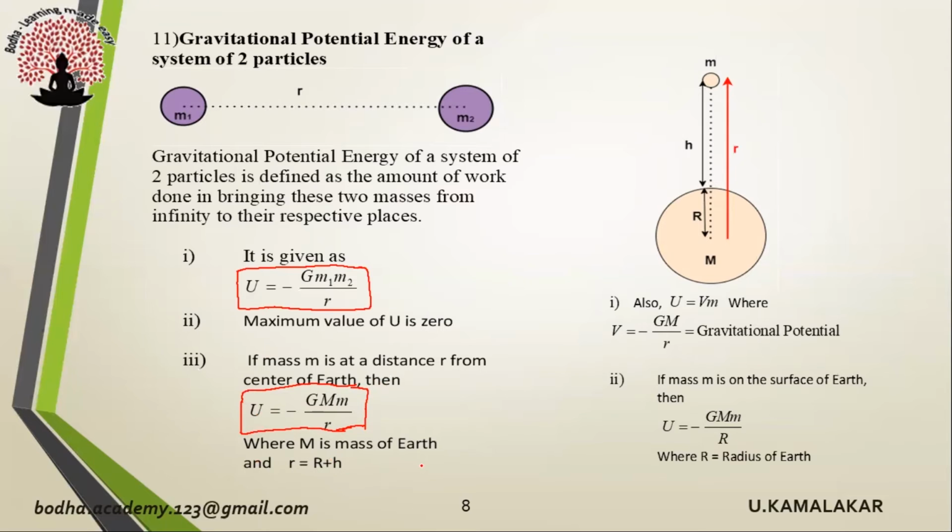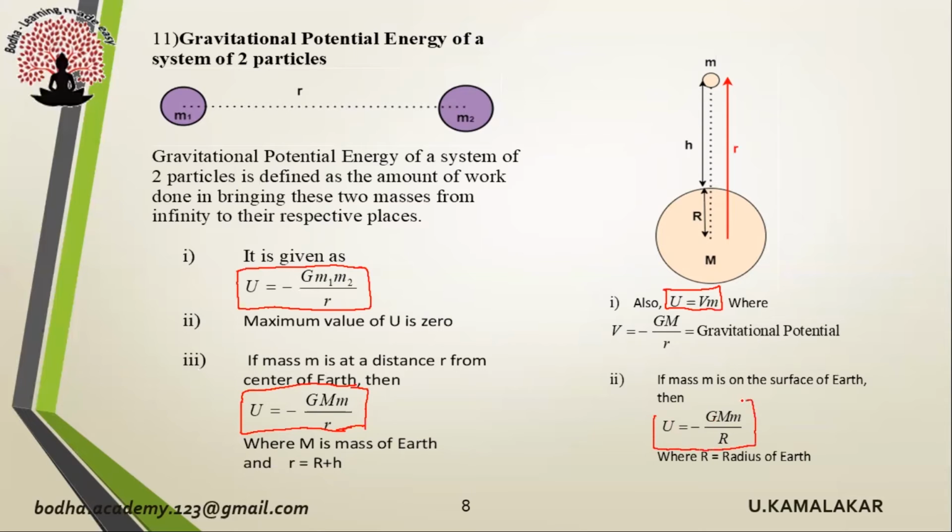Where capital M is mass of Earth and small r is equal to R plus h. Capital R is radius of Earth and small r is distance between Earth and object of mass m. Gravitational potential energy is also given as U is equal to Vm, where V is gravitational potential. If mass small m is on the surface of Earth, then gravitational potential energy U is equal to minus G